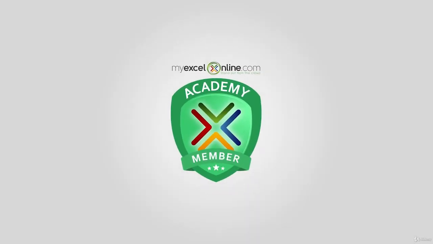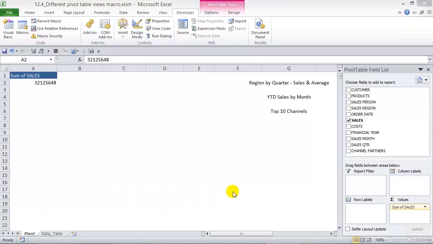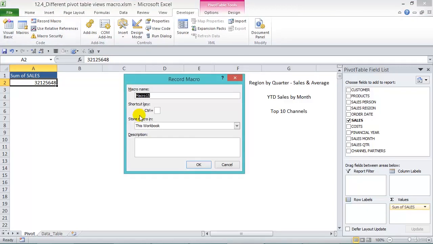We're going to record a macro where we're going to get different pivot table views depending on the button that we're going to press. Now the trick to this is that the first step of the macro is to clear the pivot table, and then the second step is to create the pivot table. So let's go and record our first macro and call it region by quarter